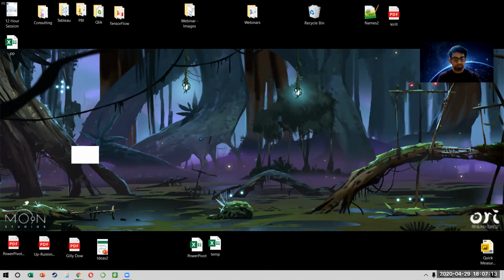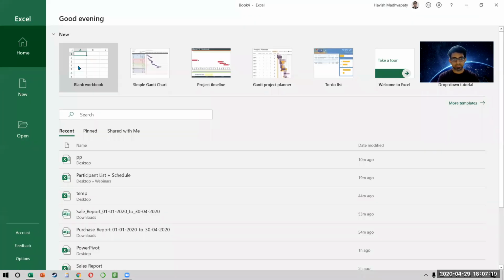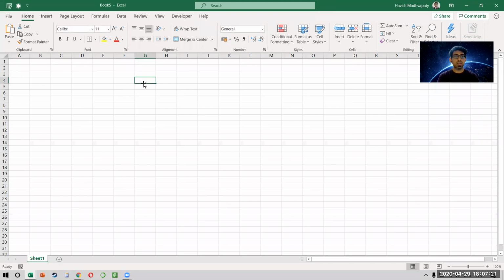All right. So let's start with an Excel file. Now, the first thing you have to understand is that Visual Basic is only meant for developers, for very advanced Excel users. What that means is that by default, when you open your Excel file, you will not see that you have an ability to operate on Visual Basic. You have to activate that feature.